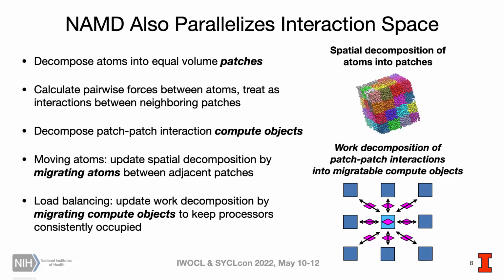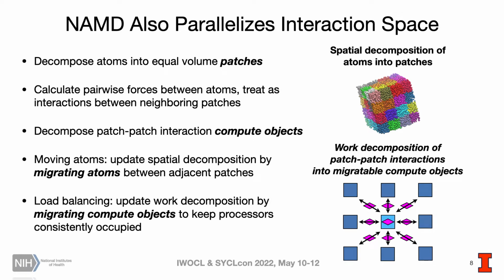NAMD goes further by also decomposing over these patch-patch interactions, referred to as compute objects. Considering the bottom right diagram and thinking about it in 3 dimensions, this gives us 14 purple diamonds representing the compute objects for every blue square patch, providing a much larger set of elements to parallelize over than just the